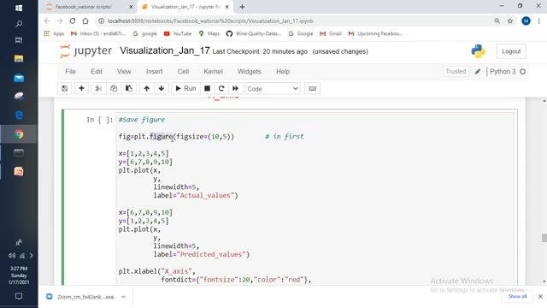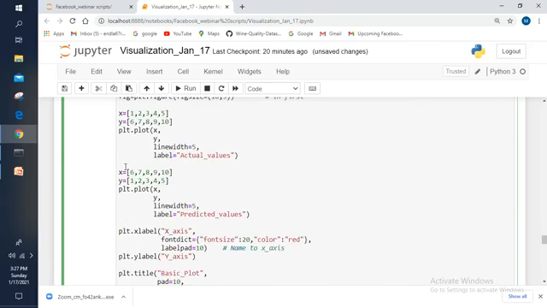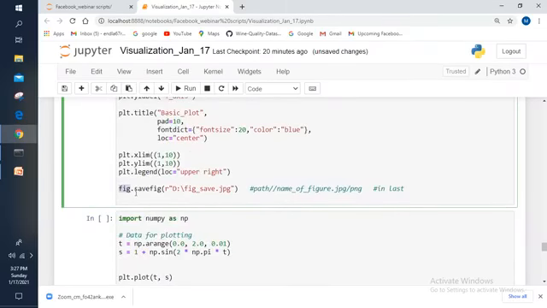Now, if you want to save the figure, you need to use the figure function, and inside it specify the figure size, and store the entire thing in the variable name fig. Whatever variable name you have taken for the figure function, use that variable name only, and after that use the savefig function. Inside the savefig function you need to specify the path where you want to store this figure, along with the figure name and the extension, like JPG, JPEG and PNG formats.